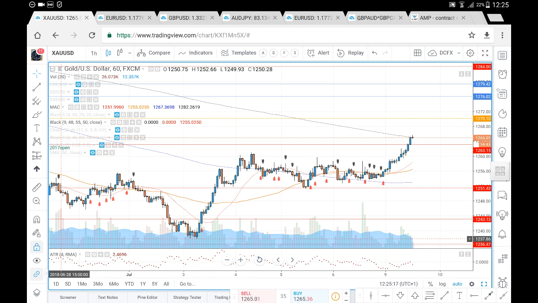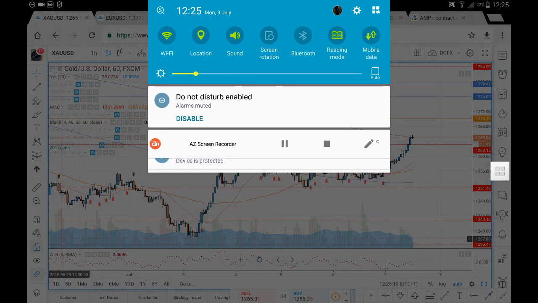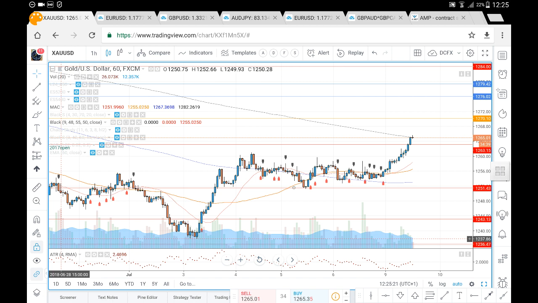So this is the XAUUSD analysis for Monday the 9th of July. Now let's just have a look at prices and where prices may likely go. So previously we had price come down towards this 1238, from which we did see strong bullish buy side momentum